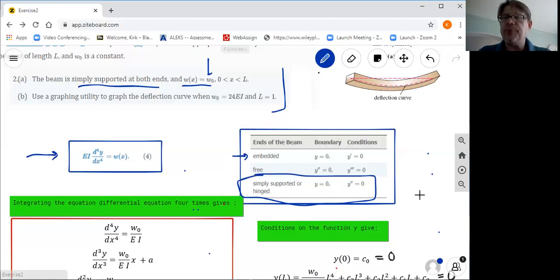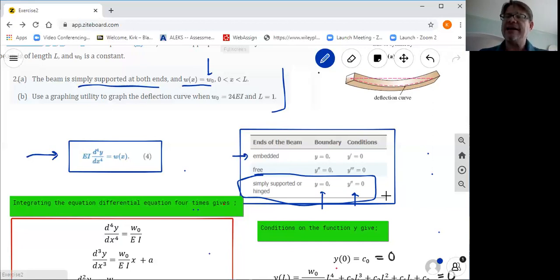If we have a simply supported endpoint, that means, number one, that the deflection is 0 at that endpoint. And it also means that the second derivative is 0 at that point. In other words, the concavity of the graph, you might say, is 0 at the endpoints as well. So we're going to impose those two conditions, a 0 function value and a 0 second derivative at both of